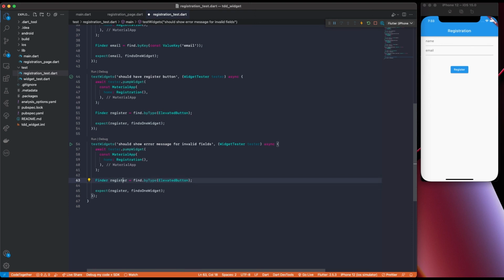So I want the error text, and I'm gonna say by text containing text, and I'm just gonna say required field,